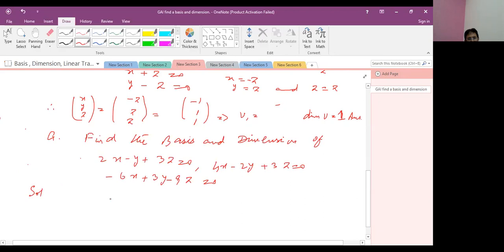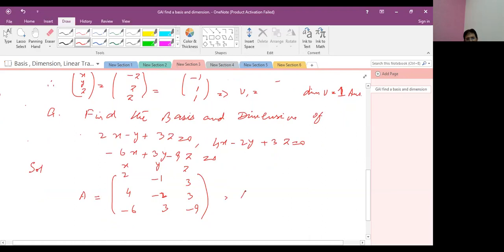So student, first we make a coefficient matrix. The coefficient of x is 2, 4, minus 6, the coefficient of y is minus 1, minus 2, 3, and the coefficient of z is 3, 3, minus 9. So this is called the coefficient matrix, and we name it A. When we have determined the value of A,